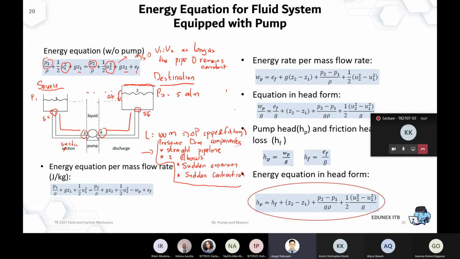Suction, and the exit will be the discharge of the pump. So now you can see that we just have one extra component. That would be the reverse, or the ideal pump work. Okay, it's not the irreversible, it's not the actual, but it's the reversible ideal pump work.